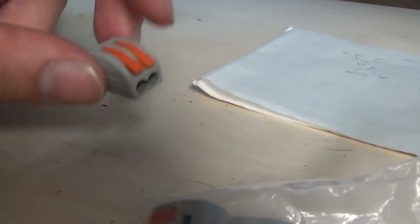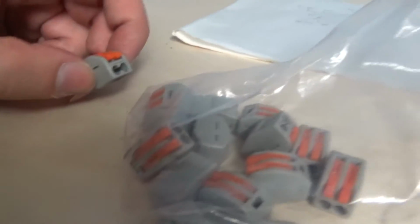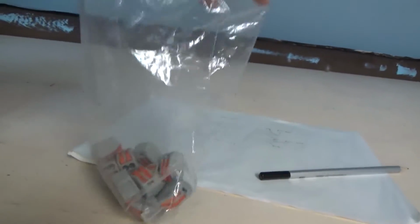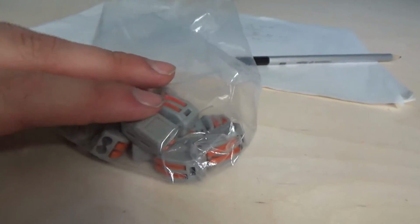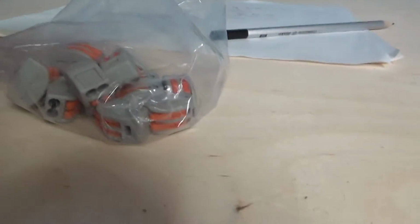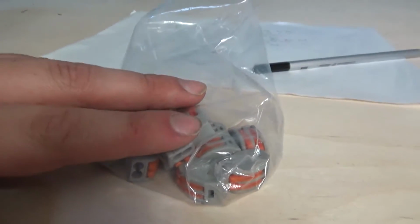It's a bit more expensive than the bog standard terminal blocks, but you pay for convenience, I suppose. And you can get those in 2s, 3s, 5s and all sorts. So I've had a good range of that, and I'll be having to buy some more because they're very useful,